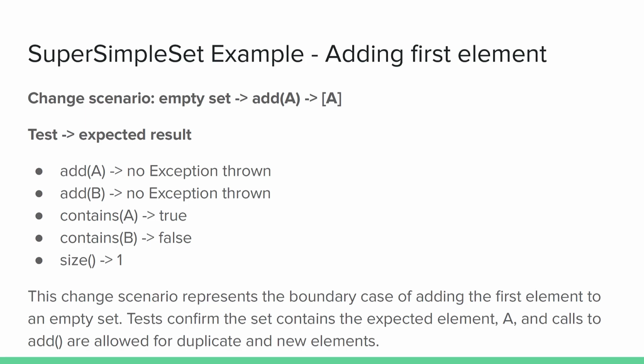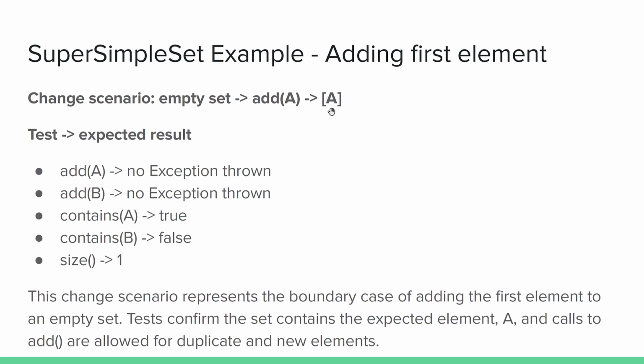Assuming that I have correctly initialized an empty set, my next possible change that I could make to this abstract data type is to add the very first element to the empty set. So my second change scenario after the initialization scenario is to assume that I'm beginning with a brand new empty set. I can call the add method with a new element, and my expected result is that I have a